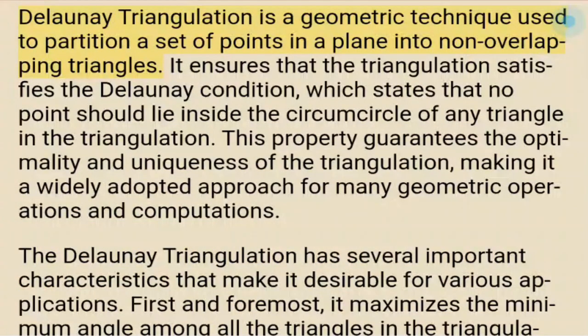Delaunay triangulation is a geometric technique used to partition a set of points in a plane into non-overlapping triangles. It ensures that the triangulation satisfies the Delaunay condition, which states that no point should lie inside the circumcircle of any triangle in the triangulation. This property guarantees the optimality and uniqueness of the triangulation, making it a widely adopted approach for many geometric operations